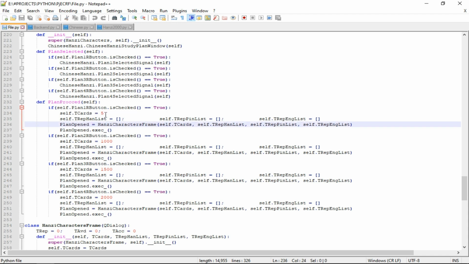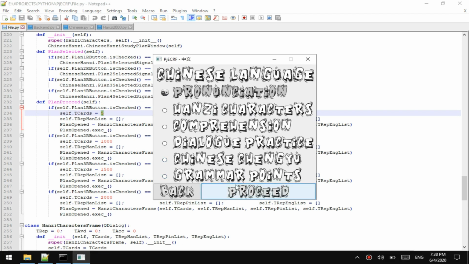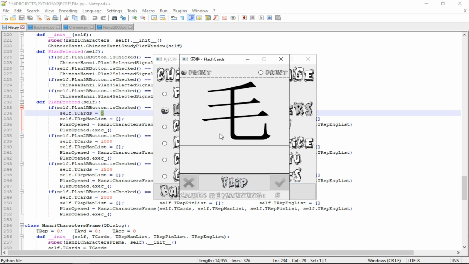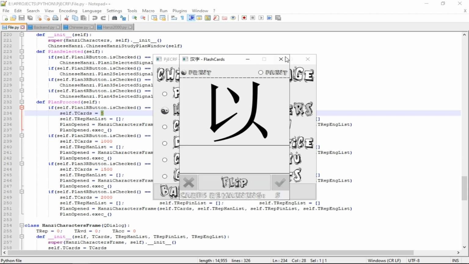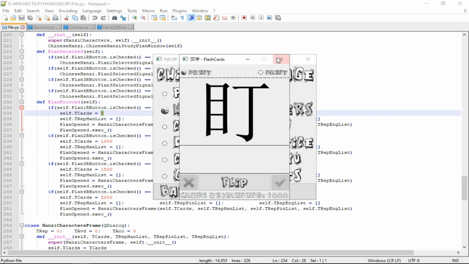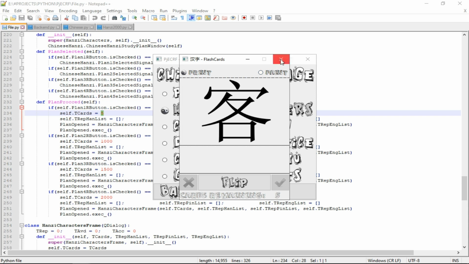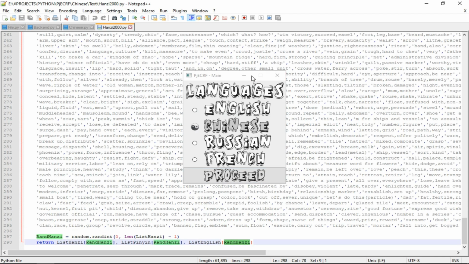So here, as you can see, I'm going to be demonstrating this later on, so don't worry about that. But as you can see, this number 5 was responsible for this 5 over here. And by the way, one thing you may have noticed: every time I run this file, no matter what plan I select, the characters are random. And if you ask where they are coming from, it's considered like a module,